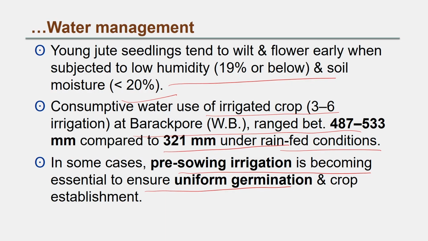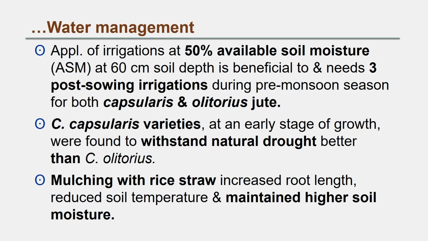However, there can be some pre-monsoon showers also that can help for sowing of the crop. Application of irrigation at 50% available soil moisture of 60 centimeter soil depth is beneficial to the crop and needs 3 post-sowing irrigations during pre-monsoon season for both capsularis and olitorius jute. Corchorus capsularis varieties at an early stage of growth were found to withstand natural drought better